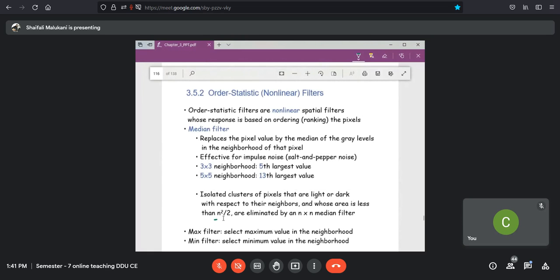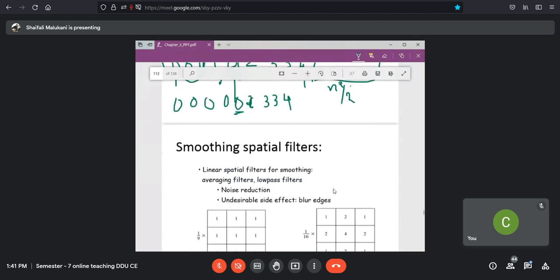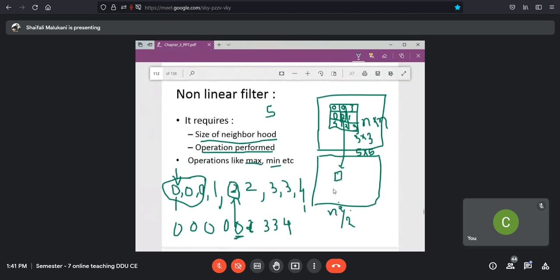Okay, so what is that light area, or dark area? If I am having a cluster of zeros, what is the meaning of that? It is a dark region. Same way, if I am having values here, all 255 values, I can also eliminate them too, right? I can eliminate a dark region or a bright region